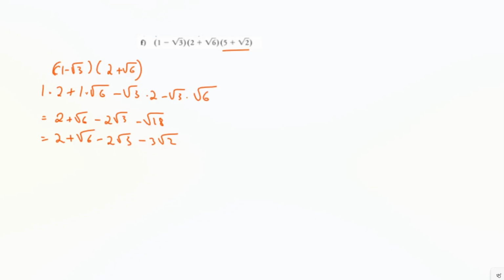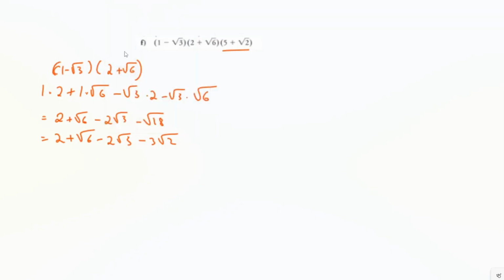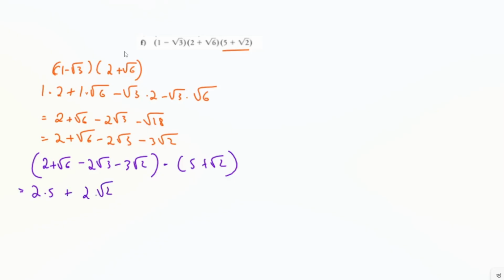I'm going to put that in a different color. Let's use purple, and we're going to multiply this by 5 plus root 2. So it's going to be 2 plus root 6 minus 2 root 3 minus 3 root 2, all in brackets, multiplied by 5 plus root 2. We're going to use foiling again. It's a little bit more complicated than before, but I'm just going to go through it very quickly. It's going to be 2 times 5, correct? 2 times 5 plus 2 times root 2, plus root 6 times 5 plus root 6 times root 2